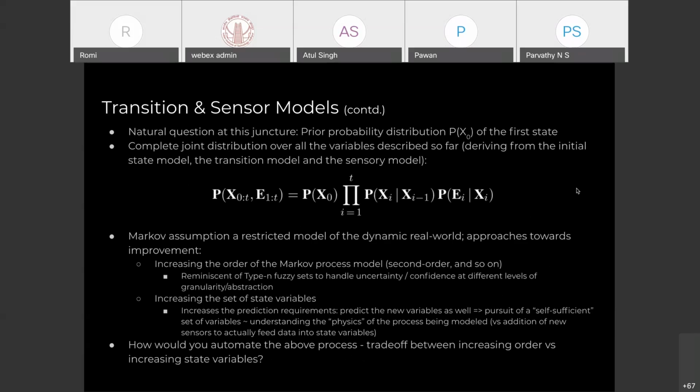Okay, it just depends on the problem. So now, if you think about it, we are trying to model a dynamic system and we're trying to connect states and evidences together, right? But here we are not bringing in the semantics, like why is this happening, or why is that happening? We're just trying to see if these conditions are true, or if a combination of these conditions are true.